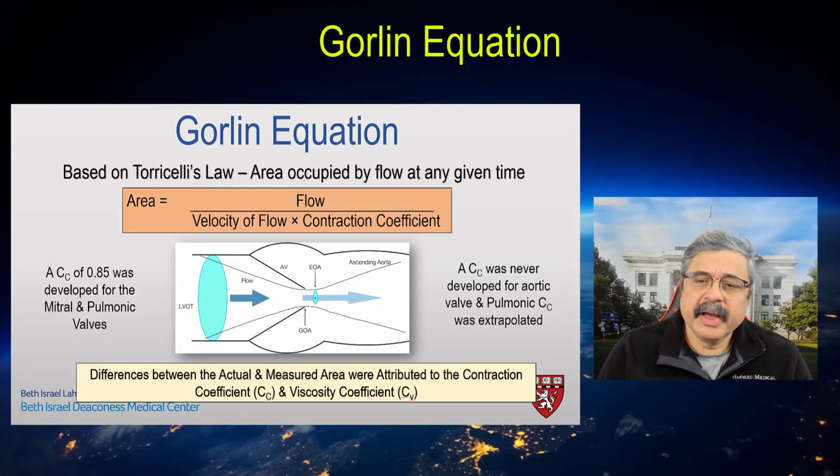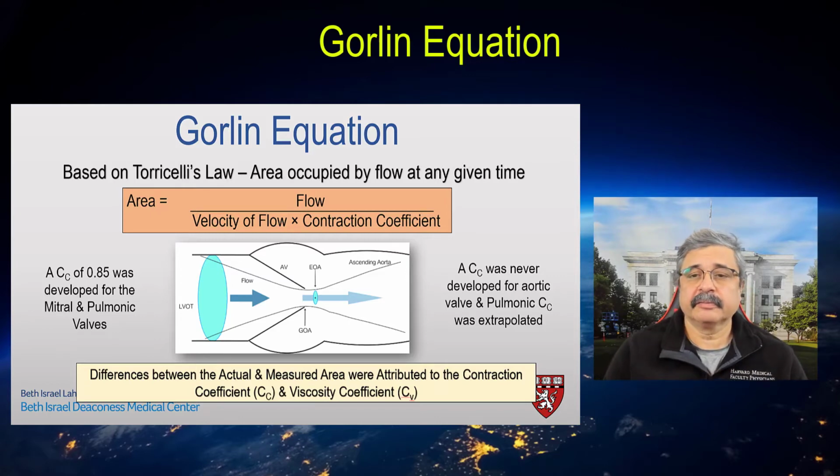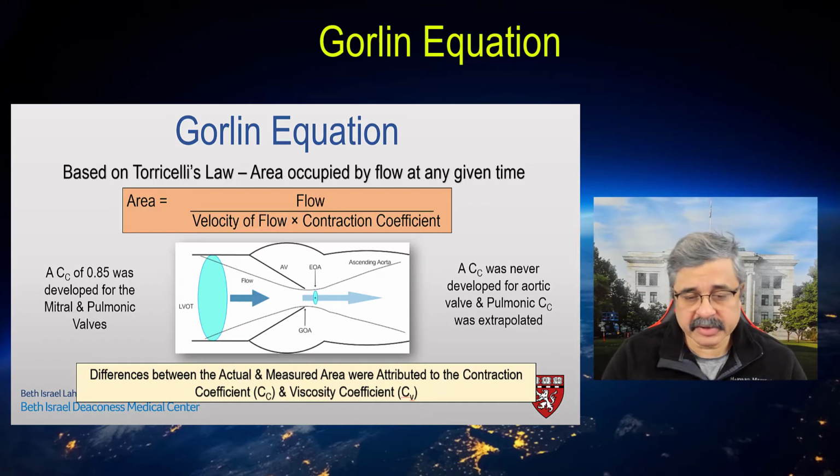Like we've discussed in the past, the Gorlin equation was originally discovered to calculate the mitral valve area, based on Torricelli's law that the area occupied by flow at any given moment in time is equal to the flow divided by the velocity of the flow. Now, to account for the differences in what was measured and what was the actual area, a discharge coefficient was